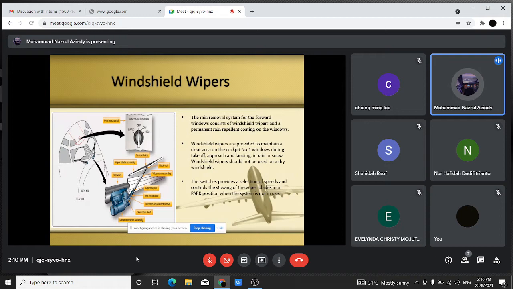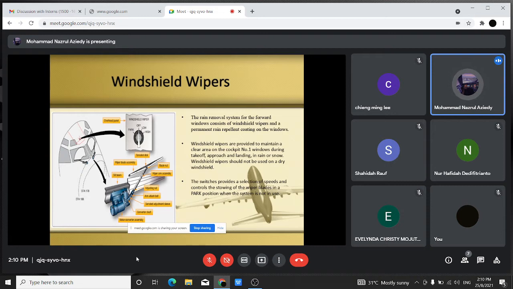Next, it is the windshield wipers. So the windshield wipers are a device to remove rain, wash fluid, and water so you can better see ahead. The rain removal system for forward windows consists of windshield wipers and a rain repellent coating to maintain a clear area on the cockpit number one windows